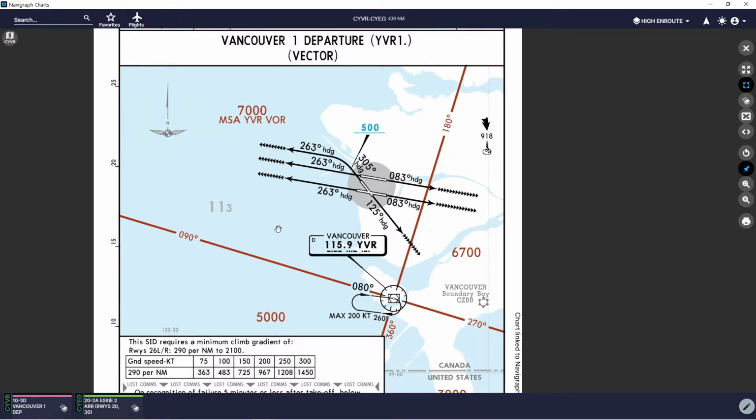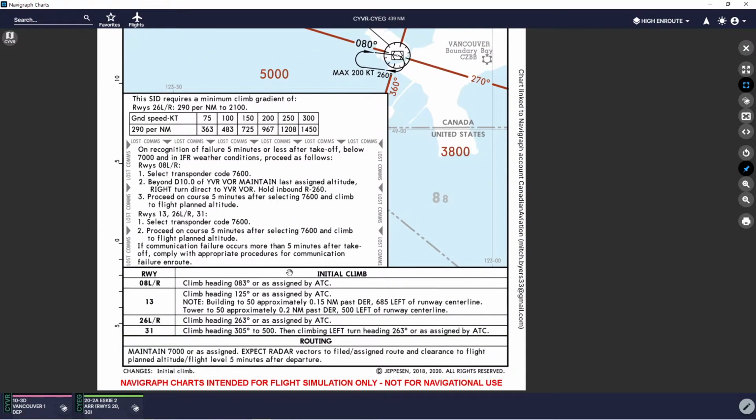And if you do something different, that is a surprise to us at the end of the day. So coming down after that little section, now we have our lateral, what we're going to do. So our left and our right. So we're going to climb out on heading 263, but what altitude do we have to go to? Well, if we go down to the routing section here, it tells us maintain 7,000 feet, or as assigned, we'll expect radar vectors, there's another note right there, to filed/assigned route and clearance to flight plan altitude within 5 minutes